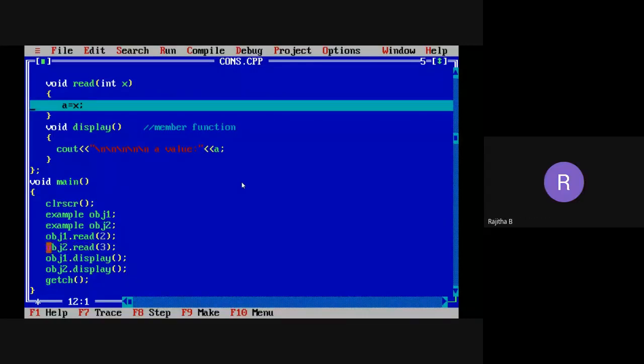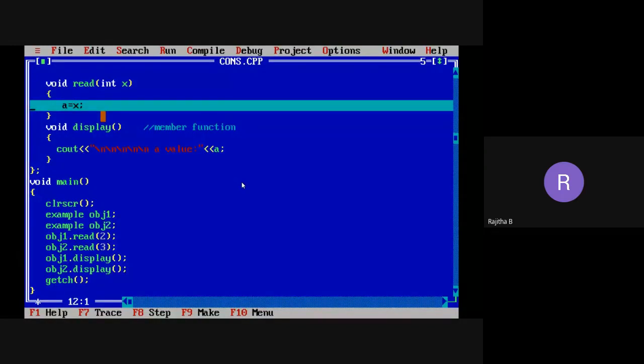See this one, I am calling obj2 dot read of 3. So what is the value of the parameter here? 3. And that value will be assigned to the formal parameter x, and then to data member A here. And I am calling the read function with which object? obj2. So in obj2, the value 3 will be stored, and the data member A value is 3.